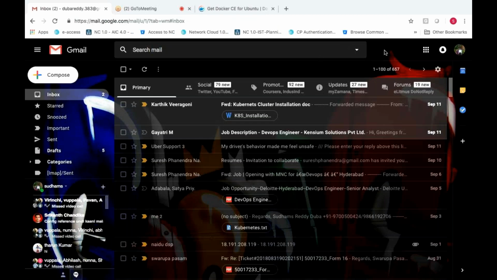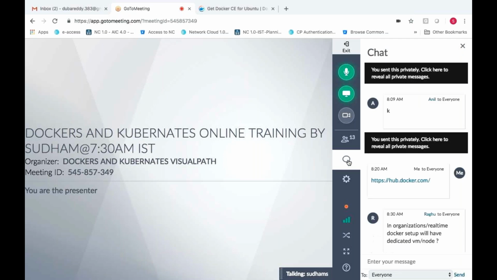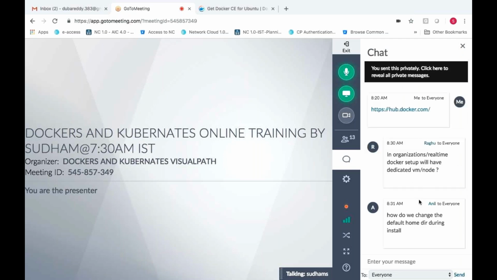After that, we built a CentOS machine, and now it is ready for the installation of Docker. Tomorrow we will install Docker on the CentOS machine. Same thing, we are using the community edition, no enterprise edition from our side.